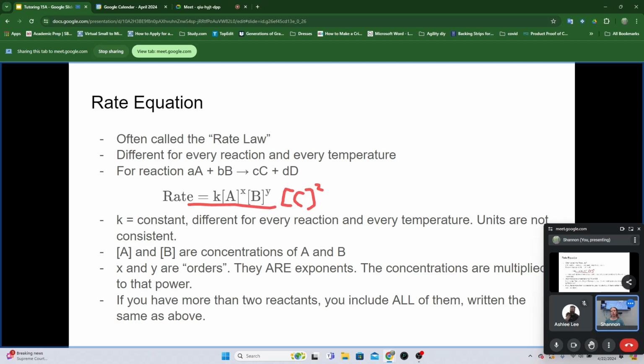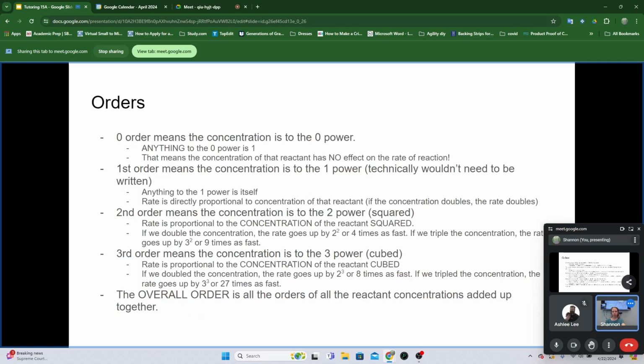And so that concentration will increase the rate by an exponential value, potentially, depending on what the reactant is, okay? So, continuing with this strange language, orders, okay? All it means is to the whatever power, okay? So a 0 order reactant